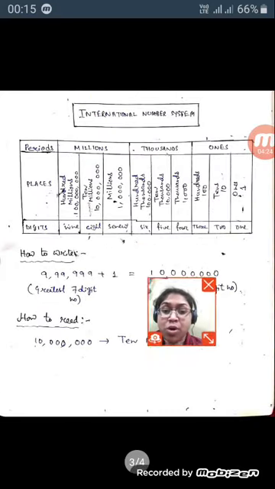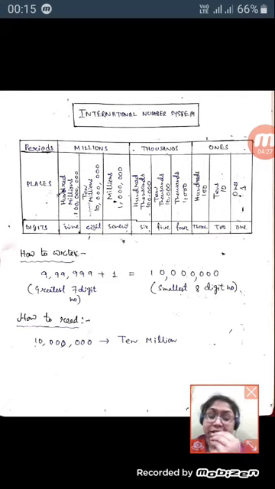Now look at another type of number system, that is the international number system. Look at the table. It also consists of periods, and the periods consist of millions, thousands, ones. Now the ones period contains three parts, one for ones, another tens, and last one is 100. Now the thousands period will consist of three parts,